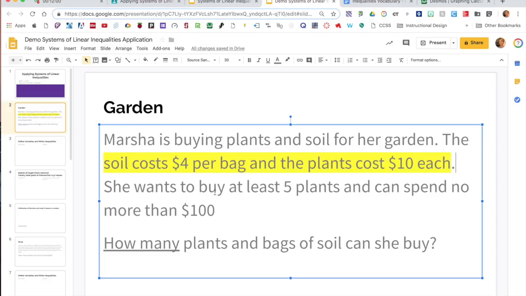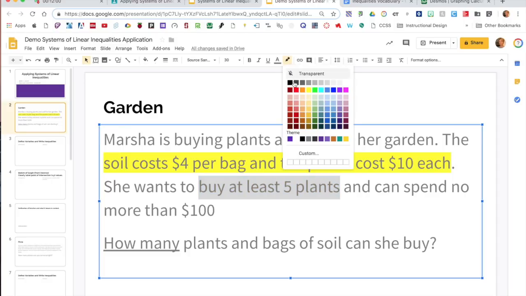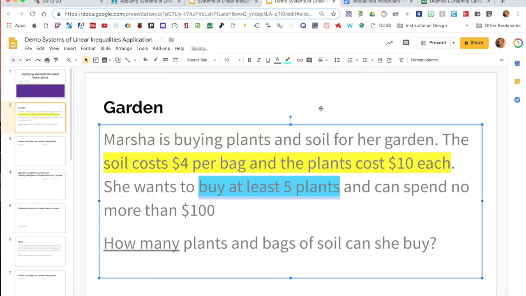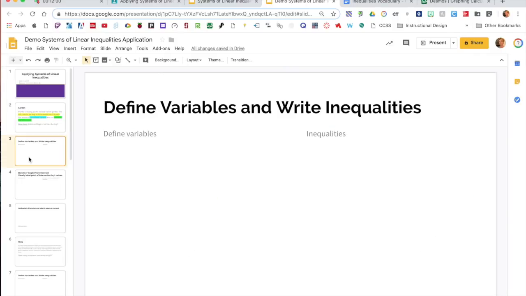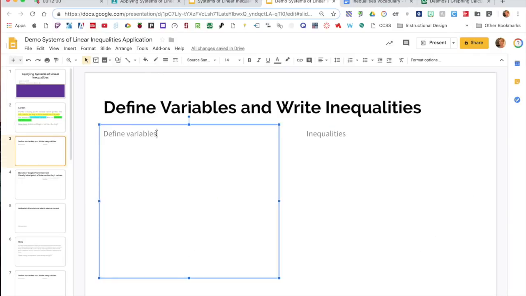She also wants to buy at least 5 plants. That's one of the limitations of what we're looking at. That's going to help provide us with a boundary. And that she can spend no more than $100. So I'm going to highlight that and make that green. So these pieces of information are what will help us to be able to write our equations. On the next slide, we're going to define our variable. So defining our variable,